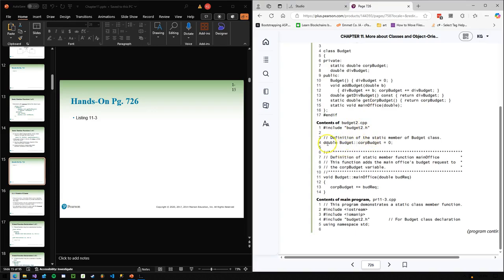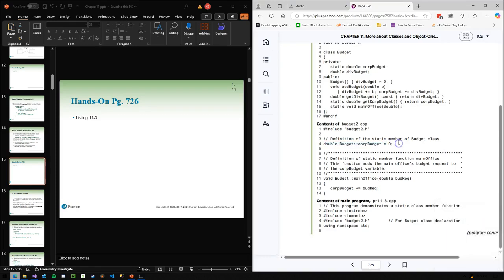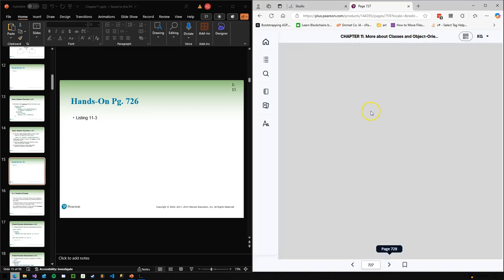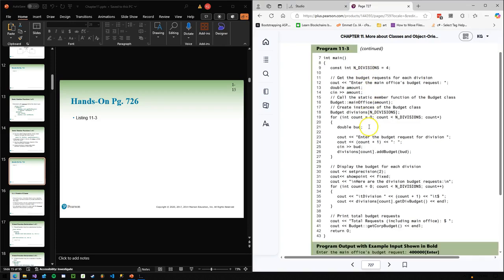In here, this implementation looks a little different. So, definition of the static member of budget class. Here, corp budget is this static data member that we're initializing to 0. Sorry, when the code is run, that's set to 0. Then we've got an implementation of the main office, which, remember, main office is a static method, so it can be called anywhere. What I really want to get to is the main method, where we can see that being